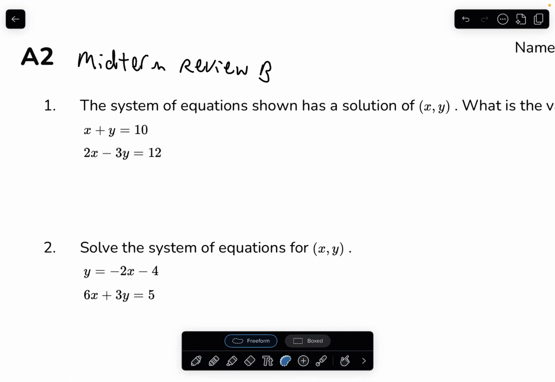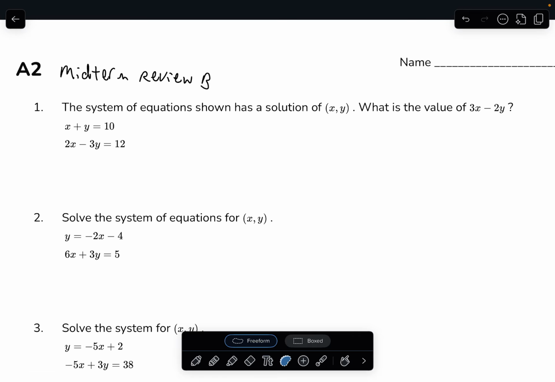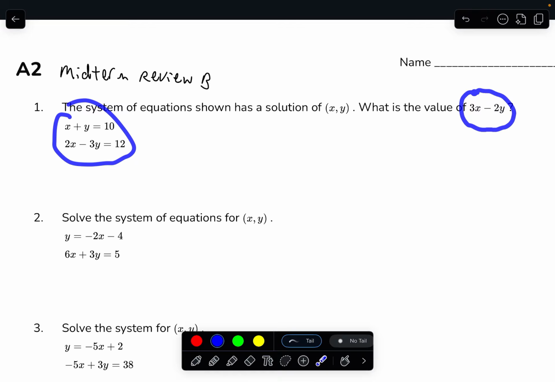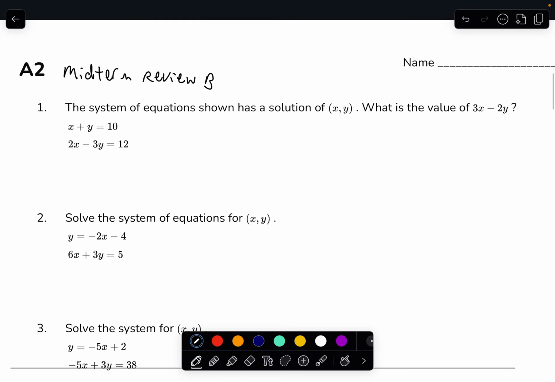So the first question is simply solve the system of equations shown as a solution of x, y. Okay, so basically lots of words. So the question is, if this is a system, what is the value of 3x minus 2y? It looks a little daunting at first, but if you just add these two equations together, if we just squish them together, you would get